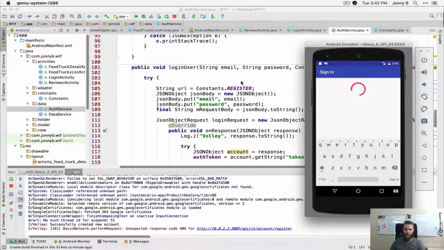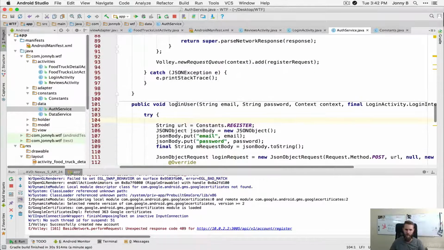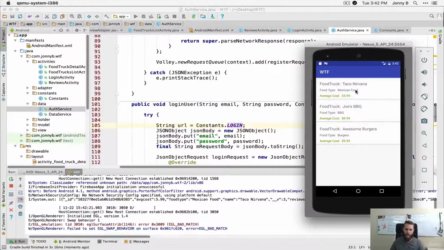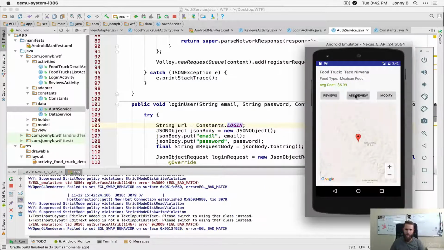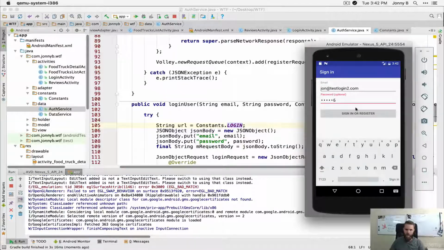So let's come look at our auth service login user. Oh, here we go. I forgot to change the URL from register to login. All right, so let's go ahead and save that. Run it one more time. All right, let's go to the add review to log in. I say John at testlogin2.com 1 2 3 4 5 6, sign in,